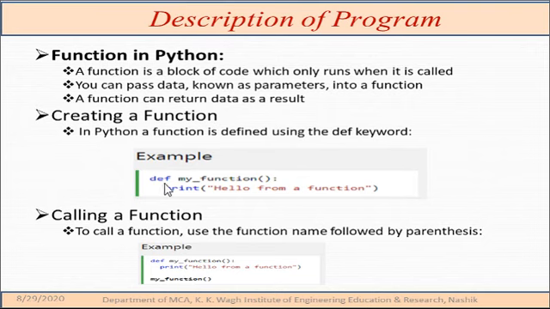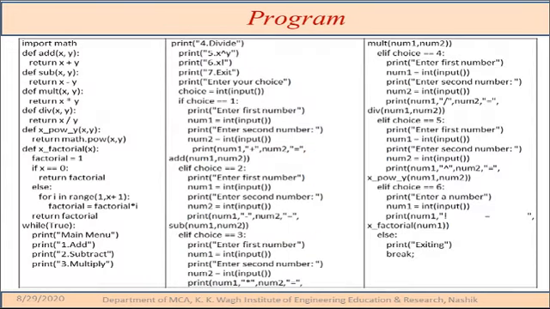For declaring a function, we use the def keyword and then the function name, and whatever statements make up the body of the function, you can add. Once you finish the definition of the function, to call it, you call the function name, so it works. Using this concept, I have written the program to define the problem and perform the operations.